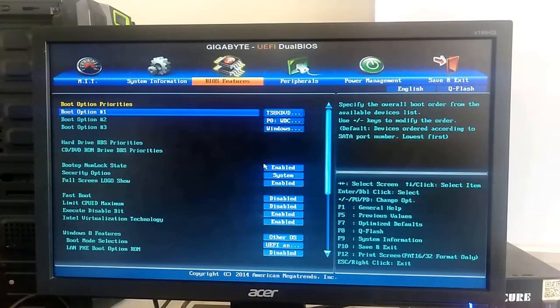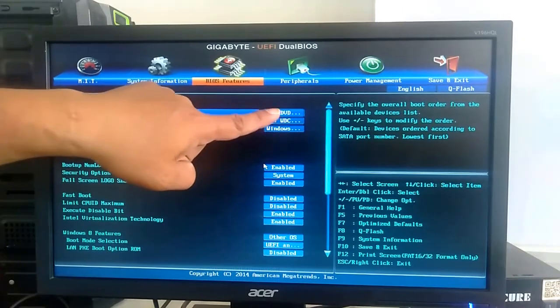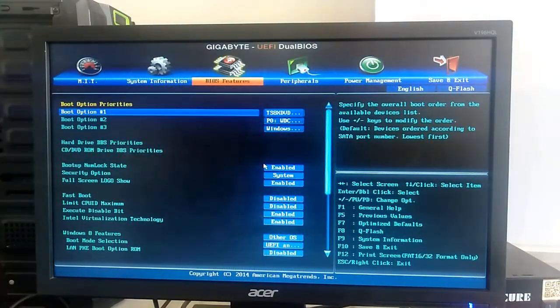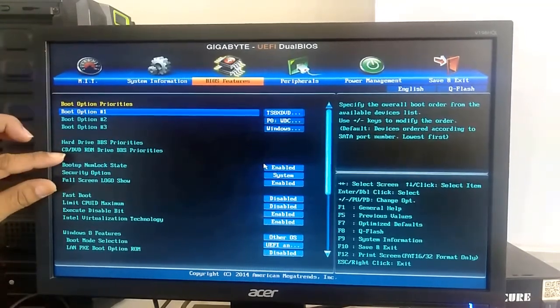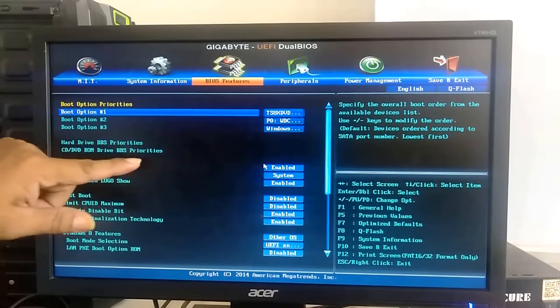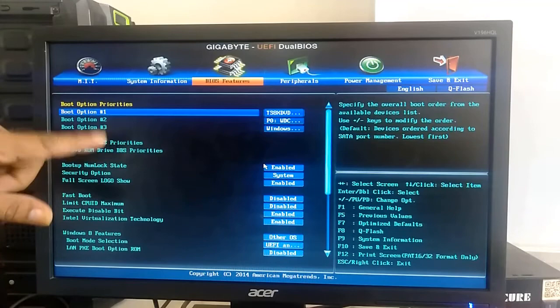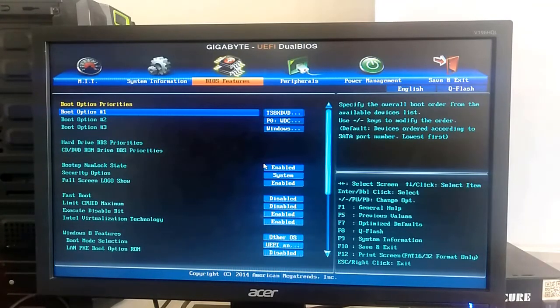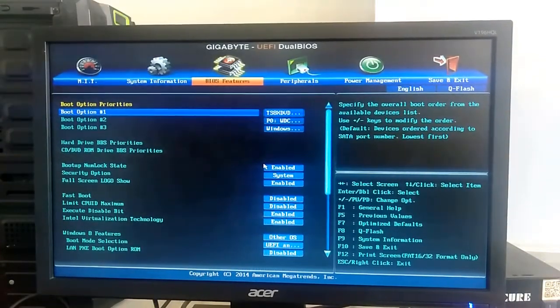So we'll just click enter, and then you can see the Transcend there, the DVD, in which we have inserted our Windows 7 Professional DVD. After that, we will not change anything aside from the boot option priorities. It's either CD or DVD if you're going to use DVD, and hard drive for USB. Okay, so just click save and exit,